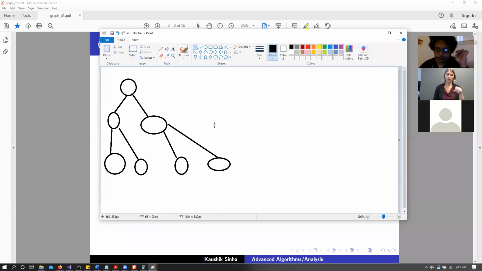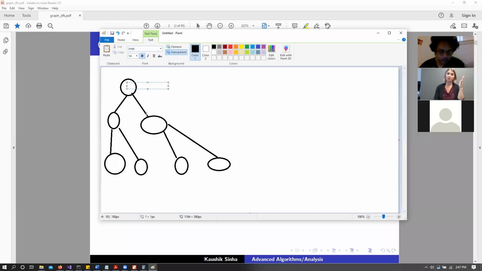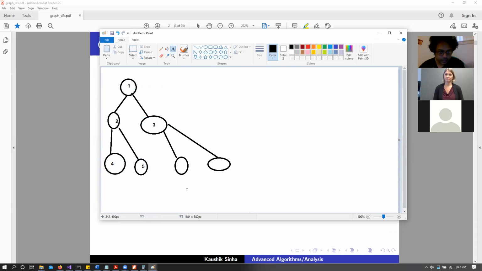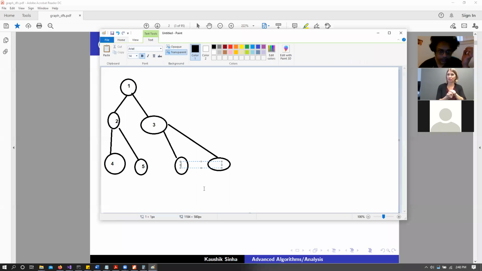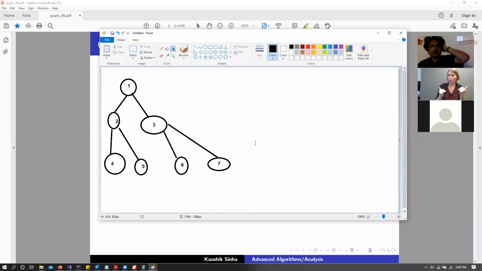So let's say that this is a tree, right? Let's say that this is node 1, this is node 2, this is node 3, this is node 4, 5. Yes, Shari, you are correct that we would use a data structure. And Brian, you're also correct that we would use that particular data structure. But what I'm going to ask you guys now is the question: is an array always a nice way to represent trees?